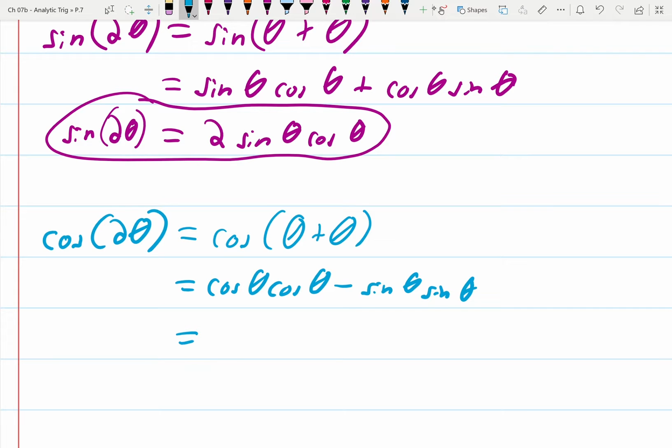And that's going to simplify to the cosine squared theta minus sine squared theta,